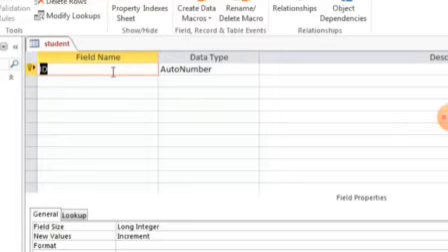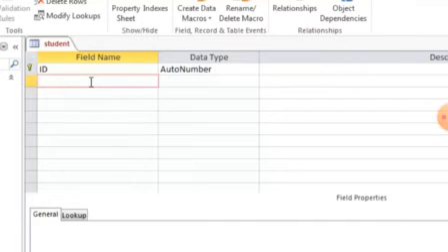Right? If there are a number of files in your computer, how will you figure out which file is what? With the help of the extension you can find out that this document contains Word, this document contains an Excel file, this document contains a PowerPoint file. Likewise, with the help of the extension you can find out the particular file format, right?